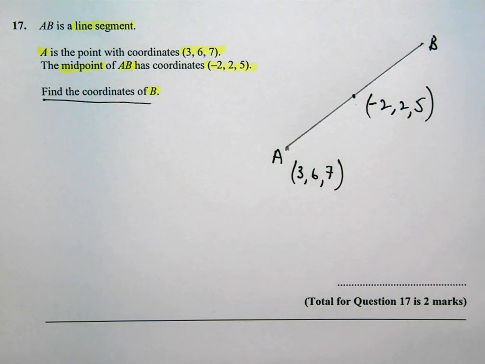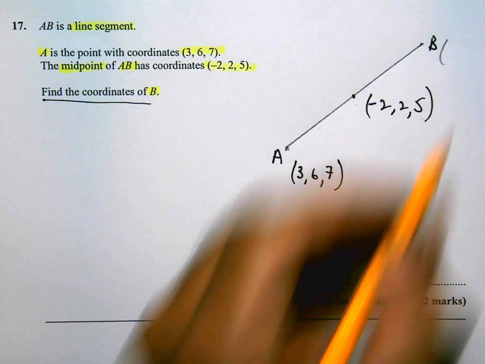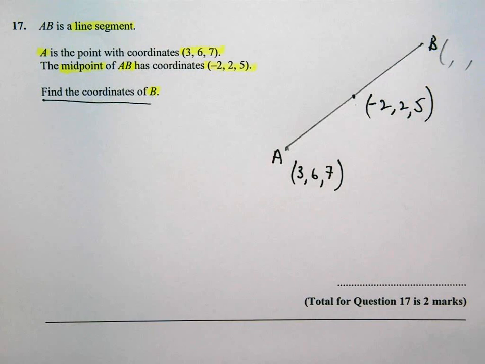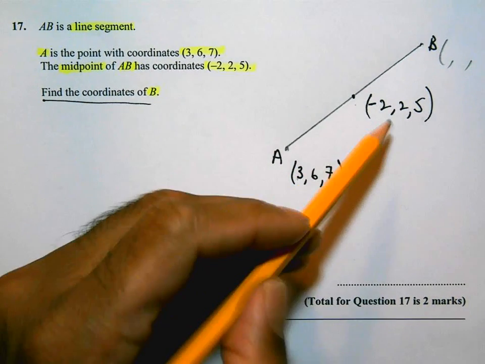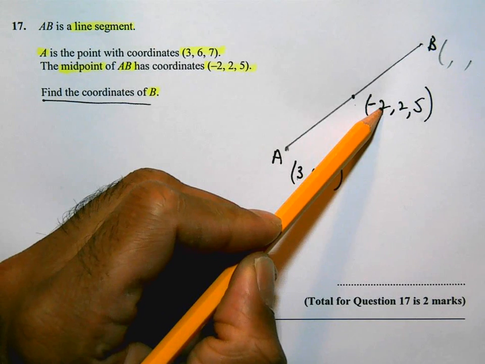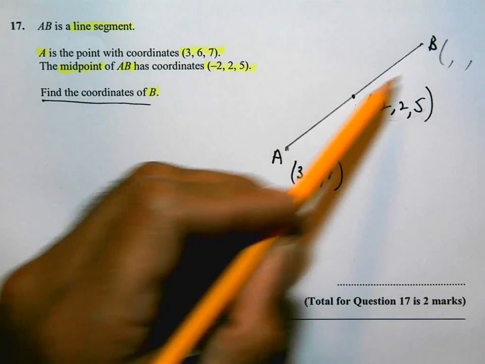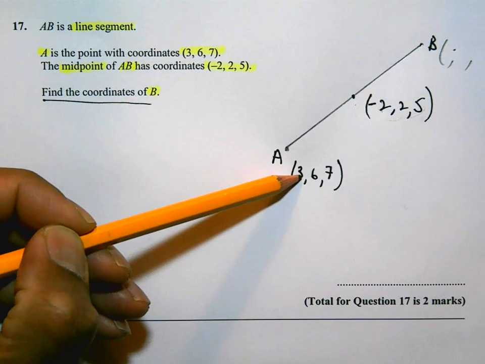At this stage, the easiest way of explaining what you need to do to work out the coordinates of B, so for B we want to work out the x, y, and z coordinates, is: what do you do to the coordinates of A to get to this halfway point? And because it's halfway, you'll need to do the same to these coordinates to get the coordinates of B. So, for example, what do I do to 3? So for the x's,